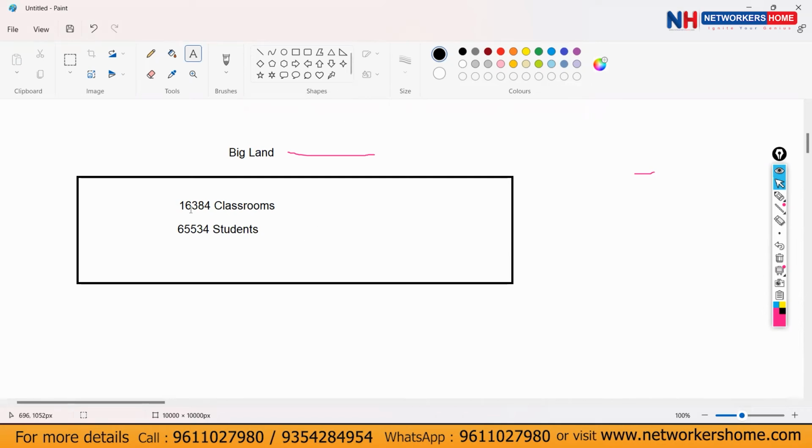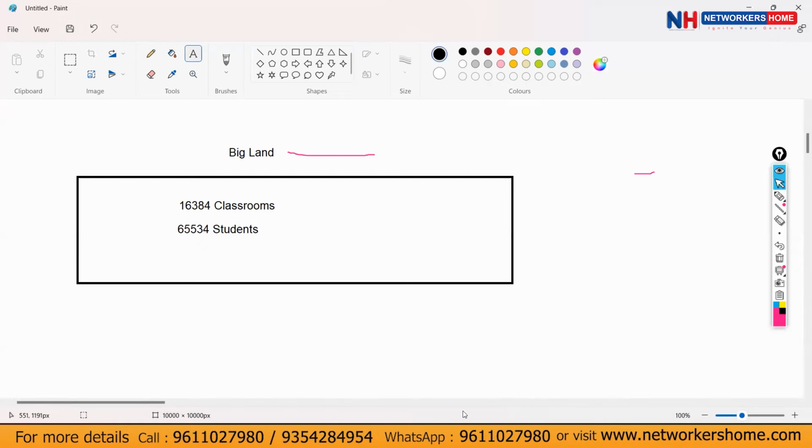What does this imply? We can have 16,384 networks, or 16,384 floors in the IT company. Each floor is one network. And we can have 65,534 hosts, or PCs and laptops, on one floor.